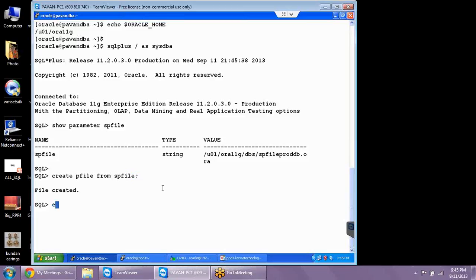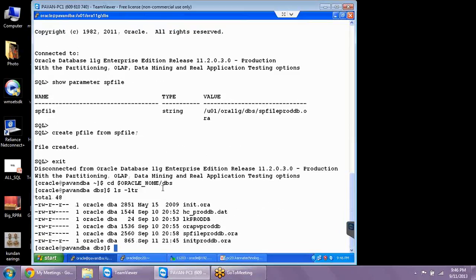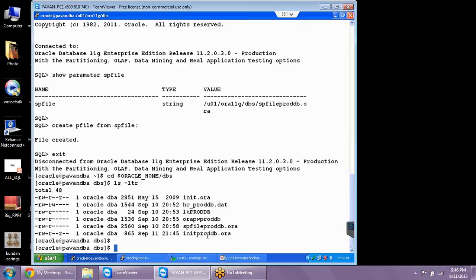We are going to do this as a first step. And if you go to the Oracle home/dbs location where the P file got created, you can see that P file here. So we are going to do SCP of this P file